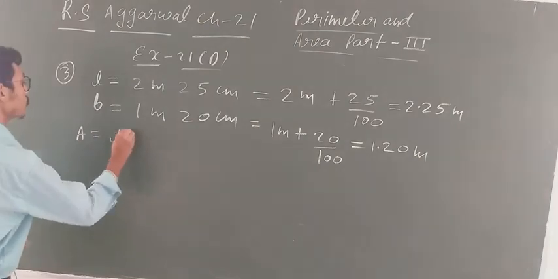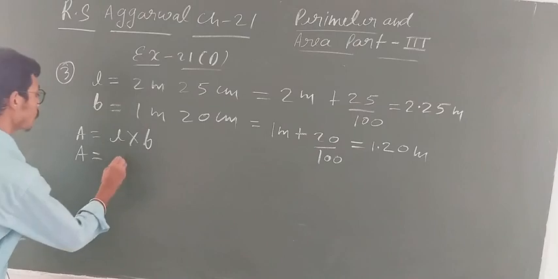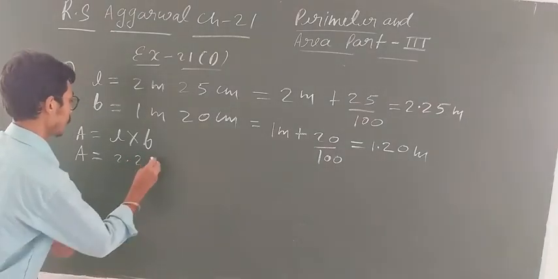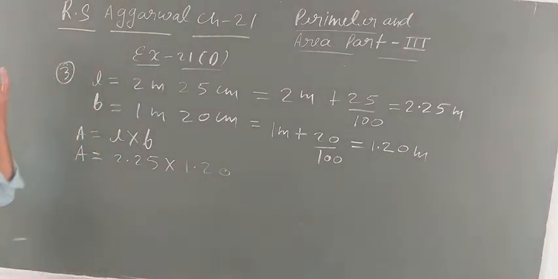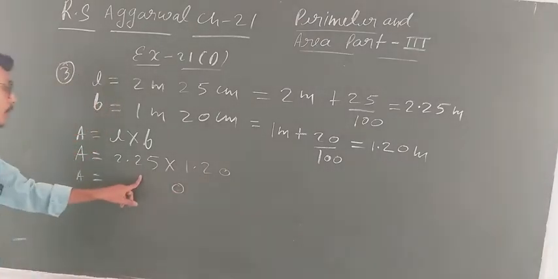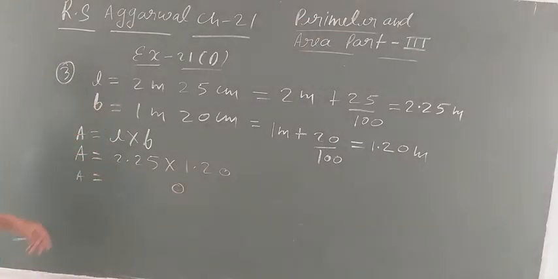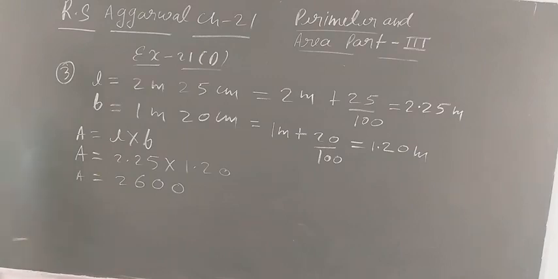Now you have to find out what? Area. Area equal to L into B. Area equal to what? Length is given 2.25 and breadth is given, student, 1.20. Clear? Now multiply this. So 12 5s just 60, 12 2s ja 14, 14 plus 6 20, then 12 2s ja 24, 24 plus 2 26. Clear student? So multiplication you will check once again. By this you can solve this question easily.